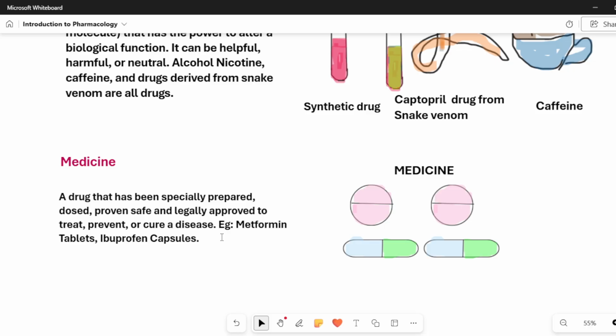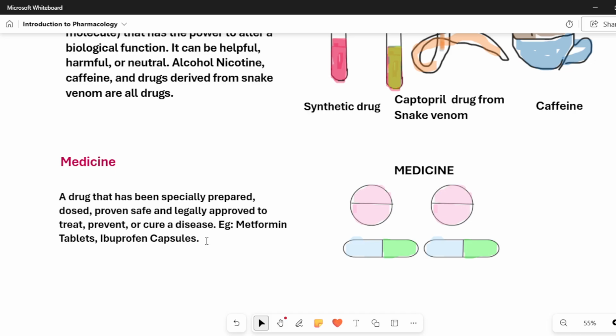For example, whatever medicines we are using, your paracetamol, your metformin. Metformin is used for sugar patients, where diabetic patients are using these tablets.